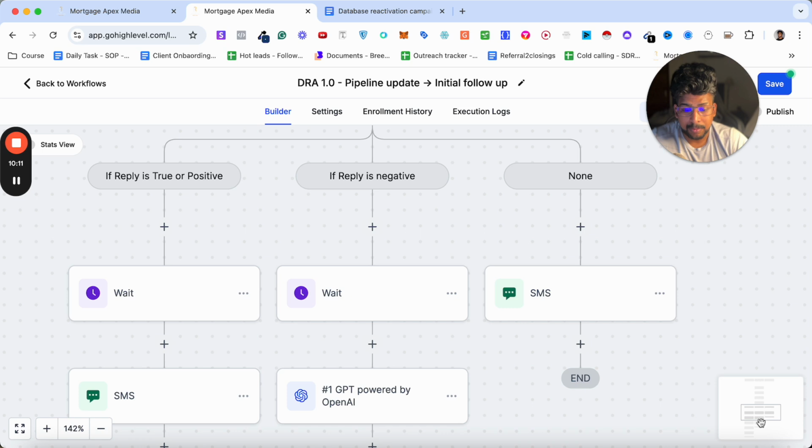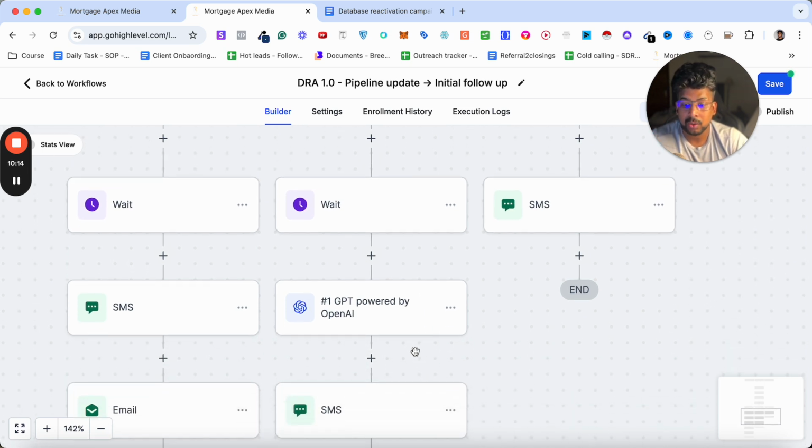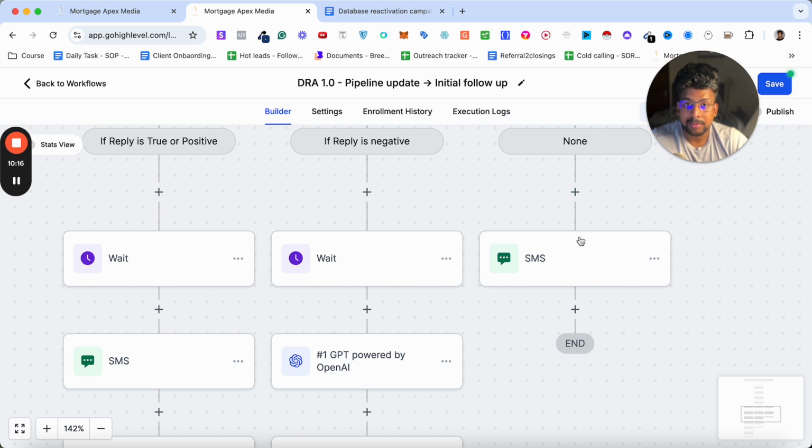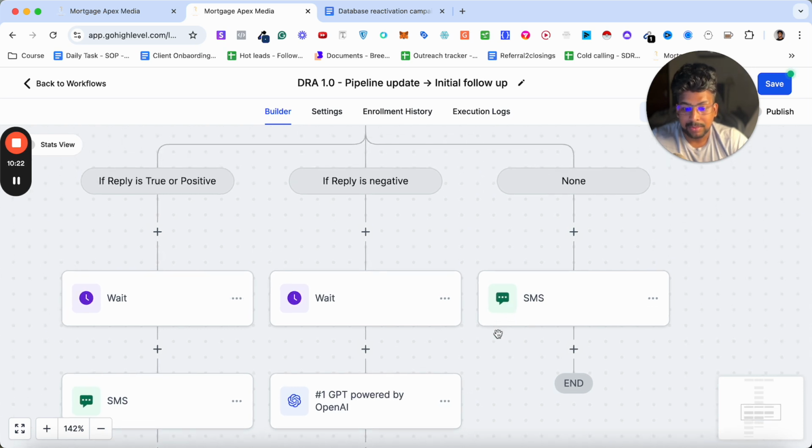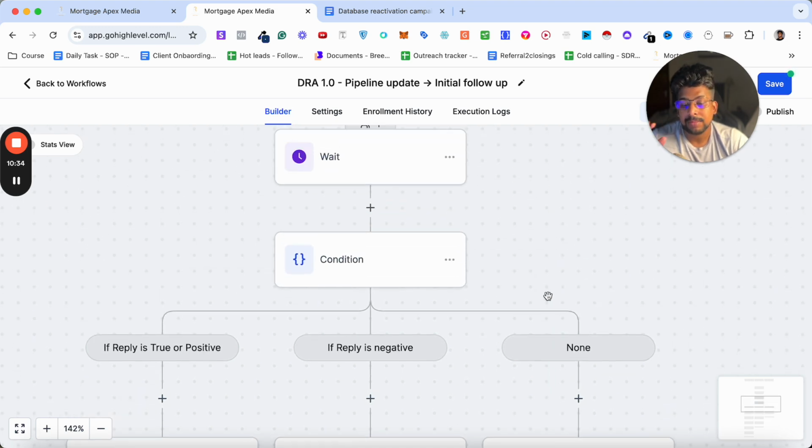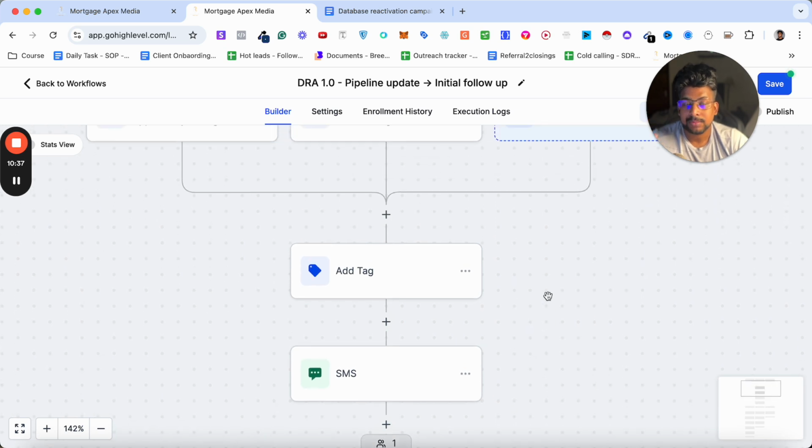You can do this everywhere, in the positive reply and in the negative reply. Of course, if somebody doesn't respond back to you from this section, you can again drop them into a follow-up sequence, which is going to have, suppose, 10 days or 1 month or 2 months of follow-up. So it's all about how creative you can be, but this is the basic fundamental thing which you can put in place, where you can have the response coming back using ChatGPT and also using Go High Level, and get the most response using your database reactivation campaign,